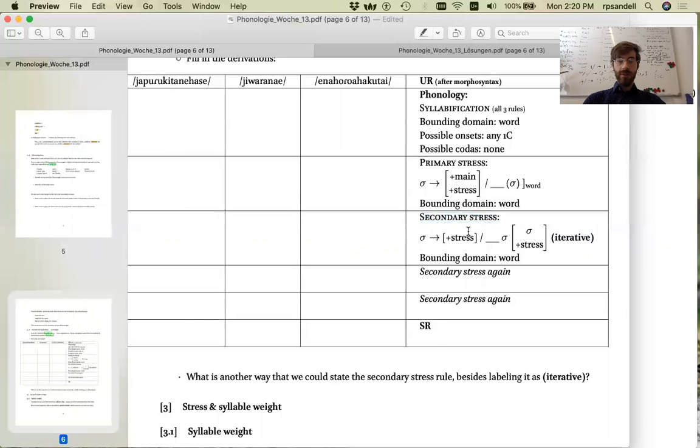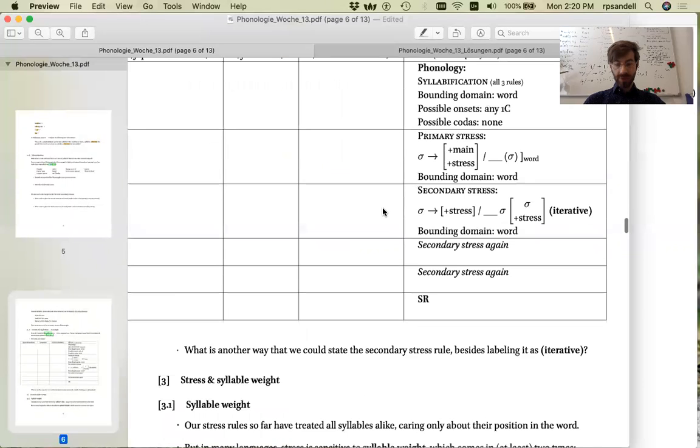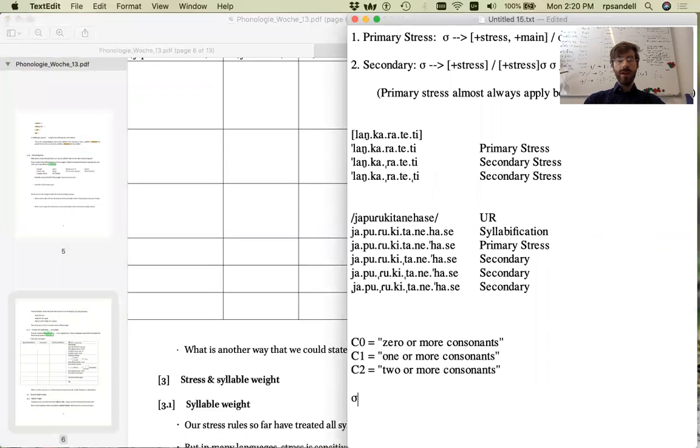So for instance, taking this secondary stress rule from Warao, if we write the rule as follows, we'll enclose this part in parentheses, followed by a syllable and then a stressed syllable, and then it will have a subscript 1, and this will mean if there is at least one such sequence to its right,